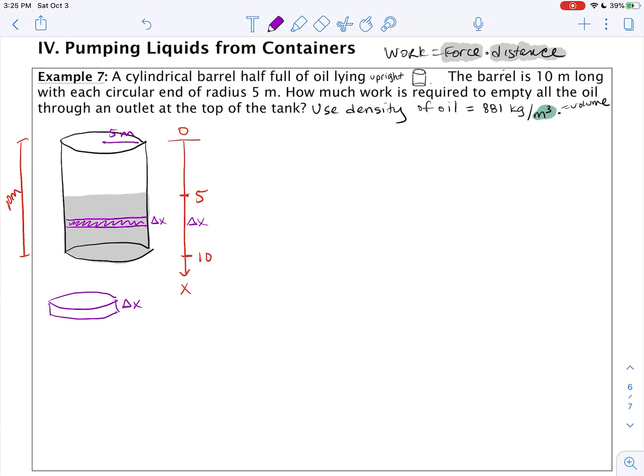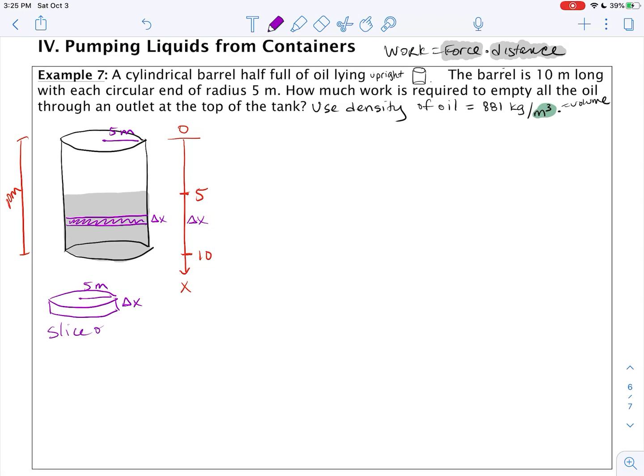Right, and we'd have delta x, and it would be 5 meters. Good, and that is my slice of oil. Okay, and I think that that is helpful. And so I want to take back a look at the density of oil, and we've got